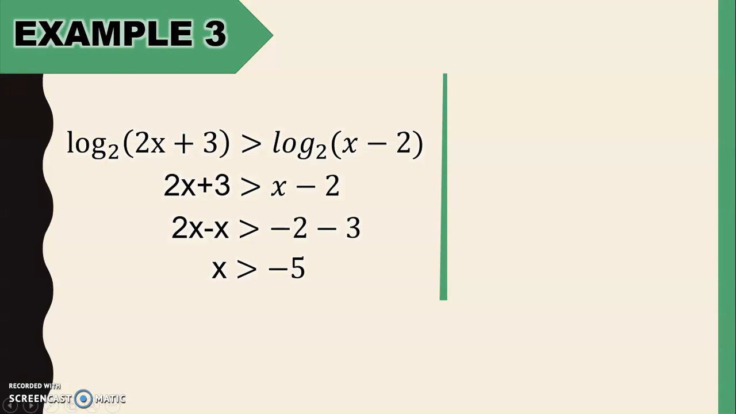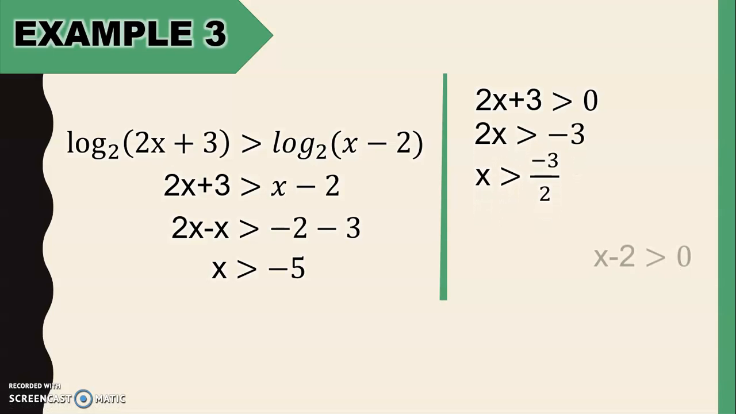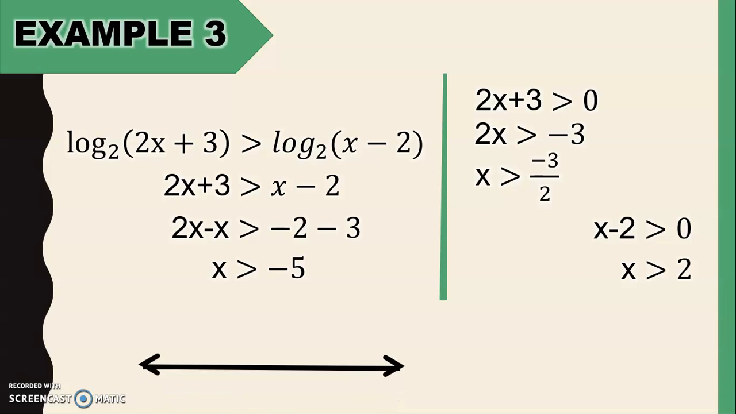Then, remember class, dapat yung argument of the logarithm always greater than 0. So, dapat i-express natin as 2x plus 3 greater than 0. Then, solve for x. Then, si x minus 2 din, class, greater than 0. So, x should be greater than 2. Then, i-plot mo silang tatlo. So 0, negative 5,